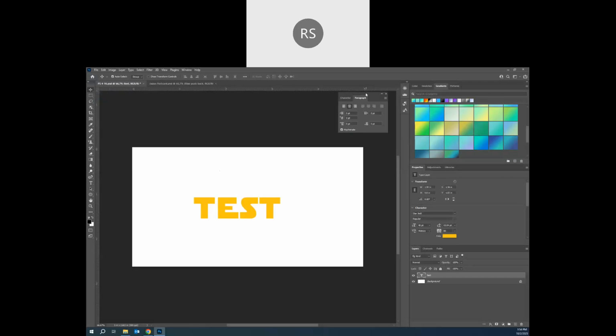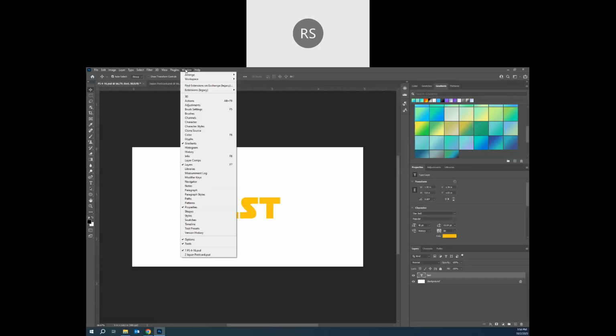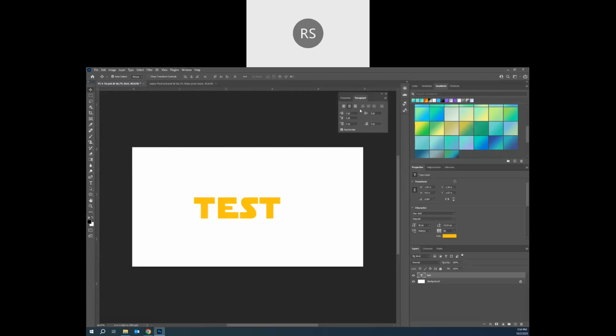There are a couple of panels that you can use in Photoshop. If you come up to Window and come down to the Paragraph panel, this will open up your Paragraph panel. Now this offers the standard paragraph formatting tools. And this includes margin indents, first line indents, space after, space before paragraphs, and also text alignment. So all of that can be set in the Paragraph